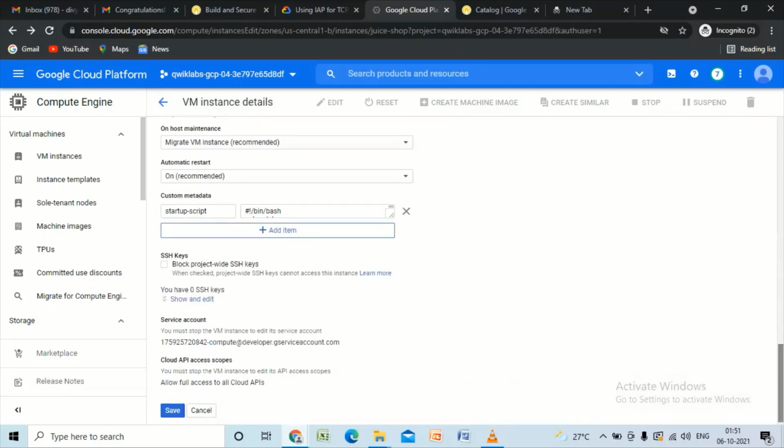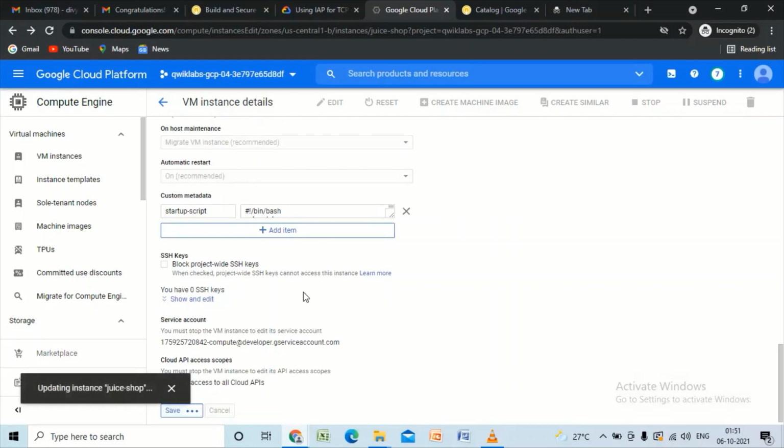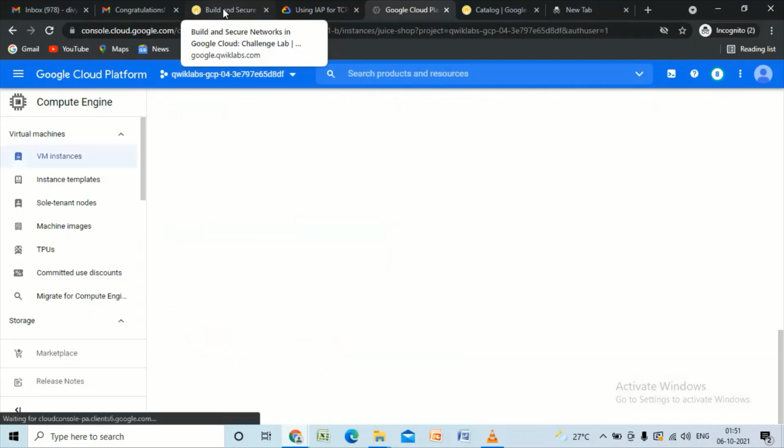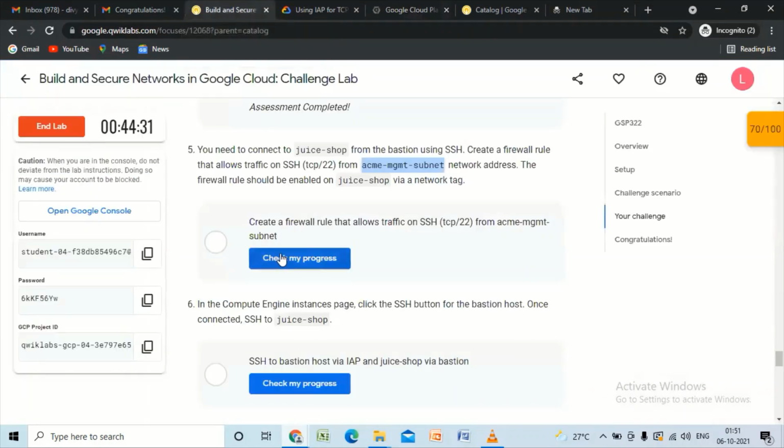We need to save it. We can check our progress.